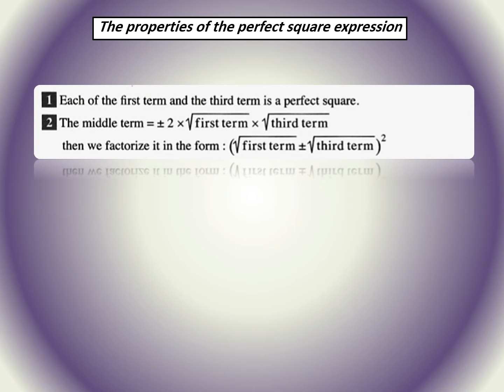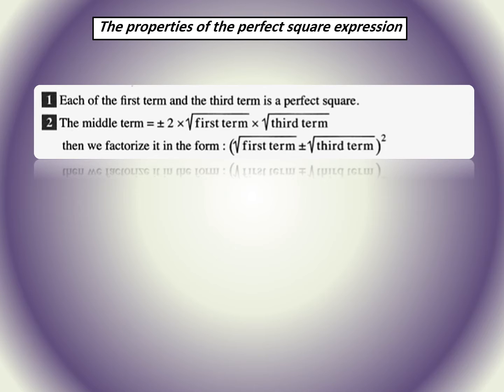We learned before the properties of the perfect square expression. Let's remember it. Firstly, each of the first term and the third term is a perfect square. Secondly, the middle term is positive or negative 2 times the square root of the first term times the square root of the third term. Then we factorize it in the form: bracket, square bracket of the square root of the first term, positive or negative, the square root of the third